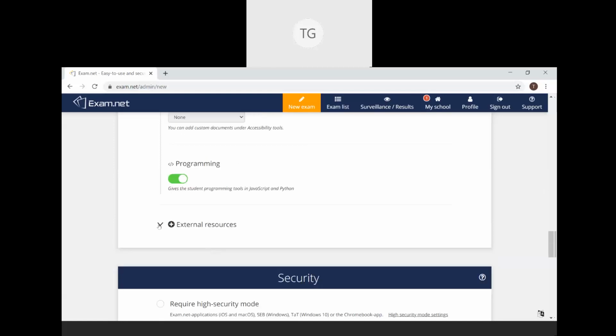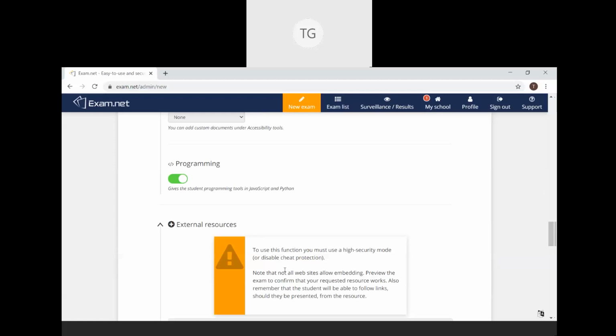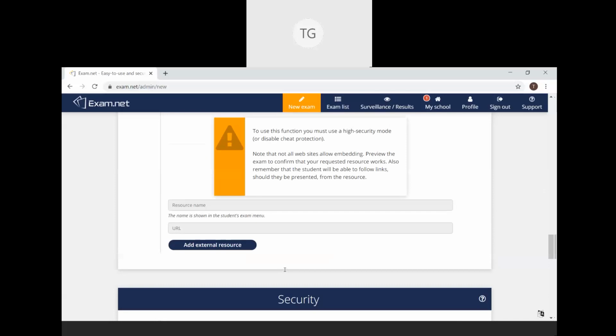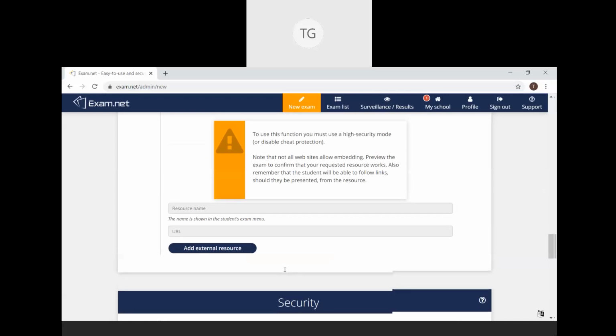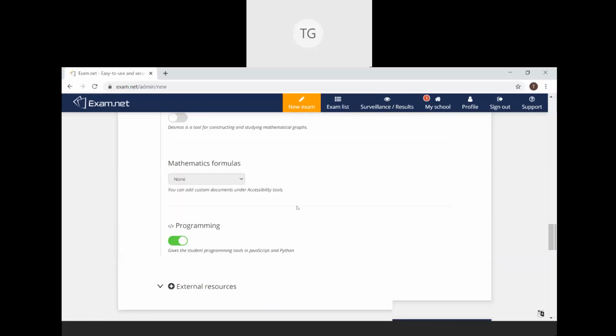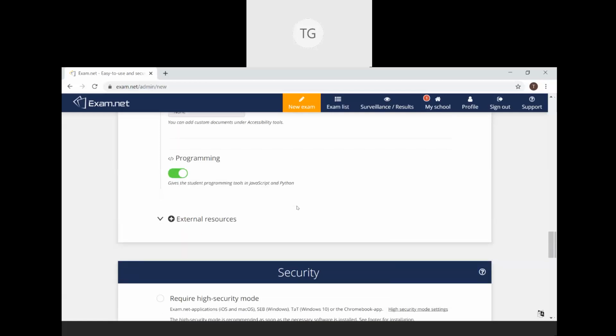Next are certain external resources. External resources is any external resource that you want to upload, a video link or anything as a help to conducting the exam, that you can do here. This also generally we will not use. Now this is the section that is used for uploading exams, and now we have specified certain student related settings.